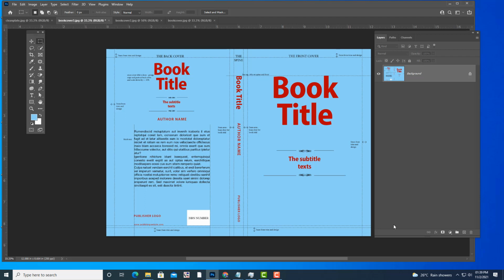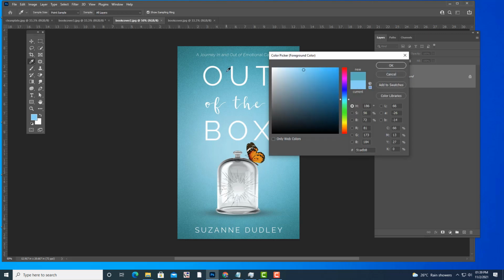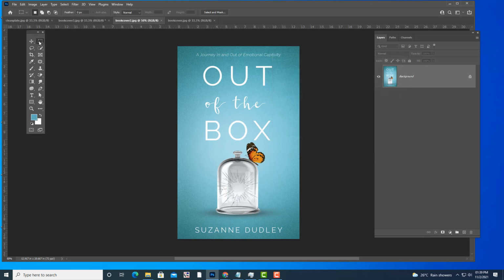It is easy in this image because we have a very plain color in the background. But sometimes we will not have plain color. We will have a mix of colors. For example, see here, if you want to remove this "OUT". We'll try to use the same technique that we used just now. I'm going to pick this color, and then use a marquee tool, and then try to use Alt Backspace.